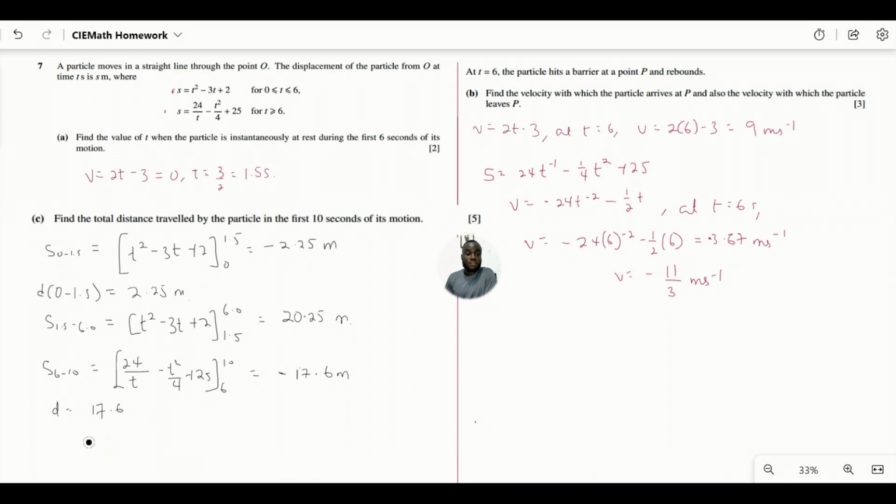So total distance traveled in the first 10 seconds is going to be given as